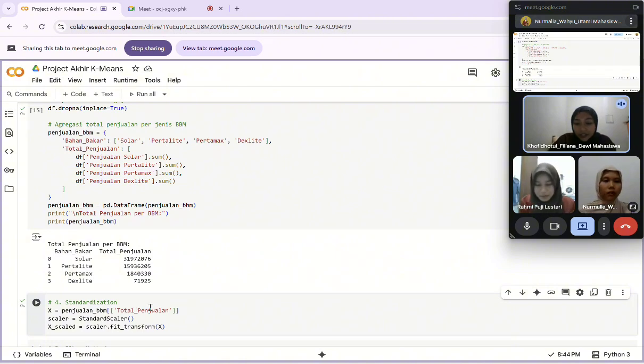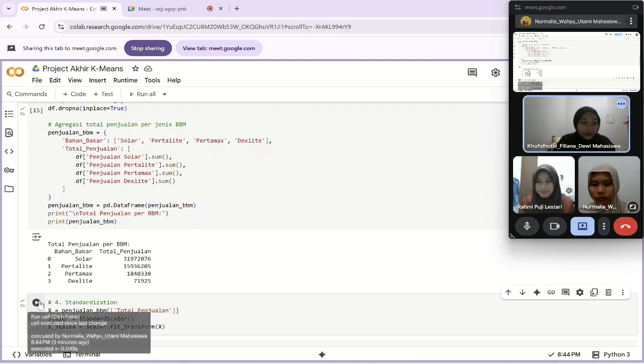To avoid this, we use StandardScaler from scikit-learn, which converts the data to standard scores with a mean of 0 and a standard deviation of 1. This allows all features to be compared fairly during the clustering process. Here we run the code.